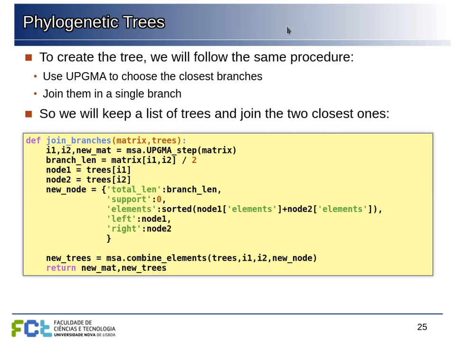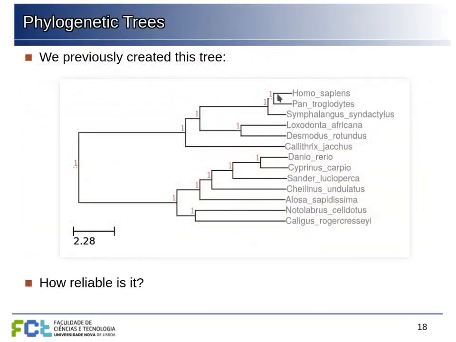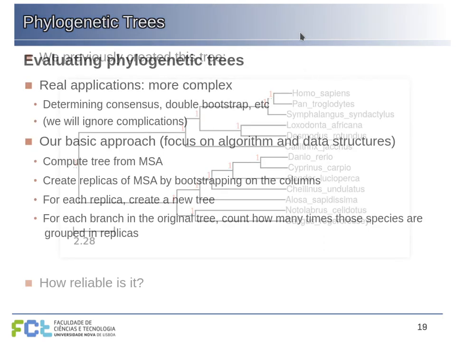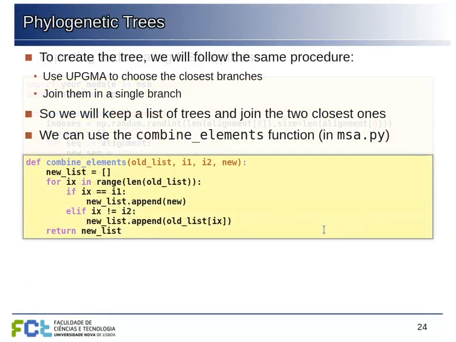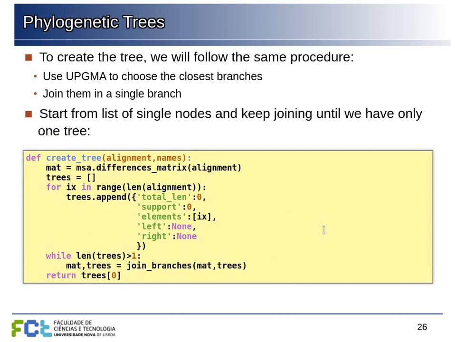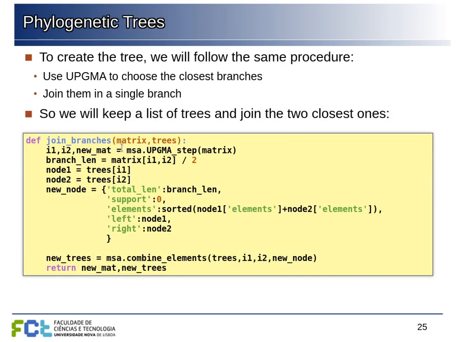So what this does is, if we have, for example, these two trees in our list, the one with Homo sapiens, Pan, and these syndactyls, and then all the elephant and so on. If we have these two subtrees in the list, we're going to throw them away from the list and replace them with a single subtree, which is this one here that we created now. Okay, so this is one step in UPGMA where we follow the UPGMA algorithm, look at the smallest distance, join